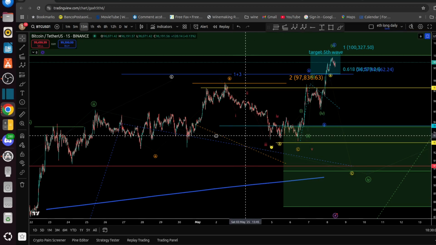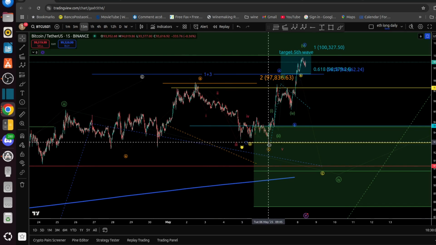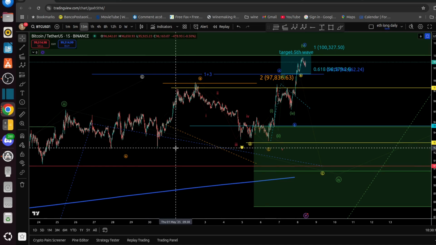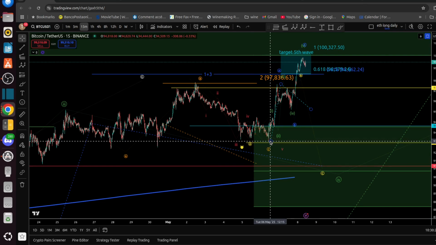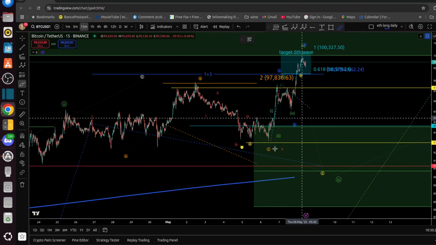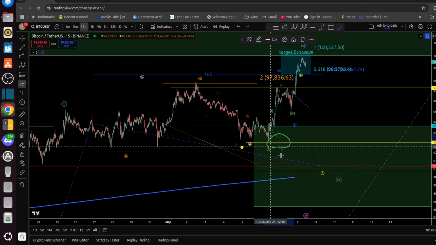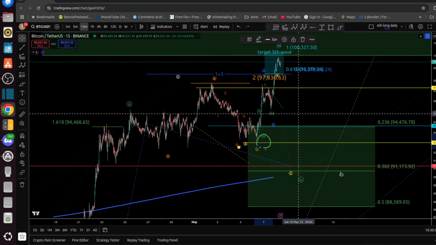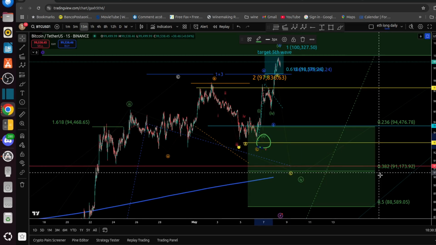It was a logical way to put this. Actually, it was even higher, because the logical level for me would have been to put it at this level here. And once again, I always go a little bit higher than where it's supposed to ideally go. And you can see now I just missed it by $100. And once again, I would have got some at this level here. And then we have the fib retracement. Let me zoom out a little bit. So we have the fib retracement here, 0.382.